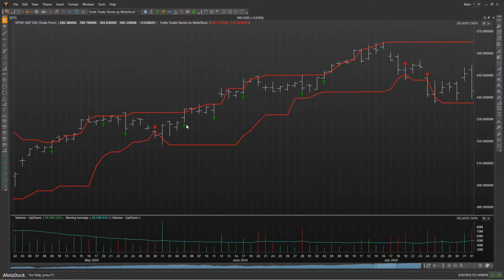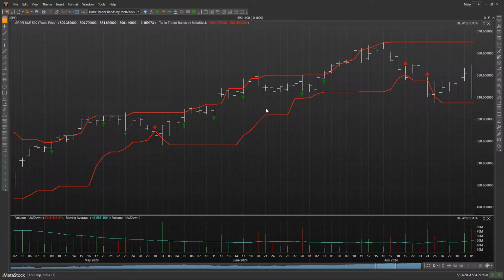But you'll see here, for example, where the prices went above this upper band right here, you have an upward pointing buy arrow. And then you'll see the prices follow along the band. They actually trade below the band right here. Then you have another buy signal. They went above the band, went underneath it, went above it again, and got another buy signal. So this is one thing that you'll see when you plot the expert on your chart, is that you'll see multiple buy signals, for example, in the long position.